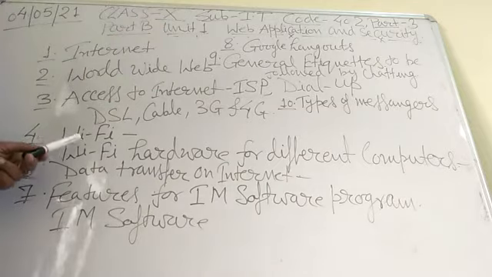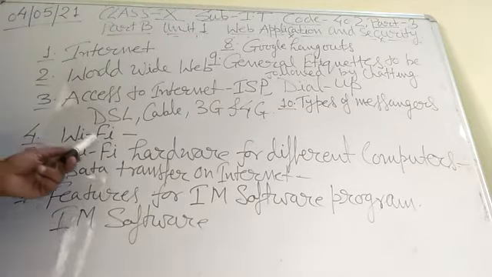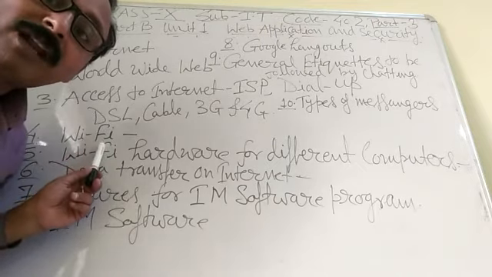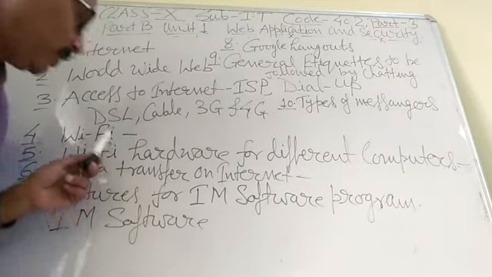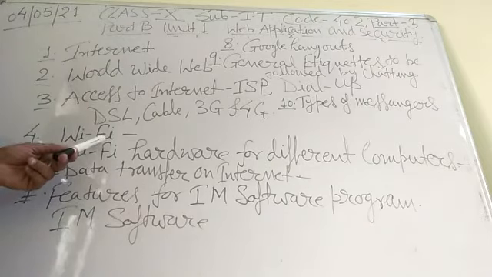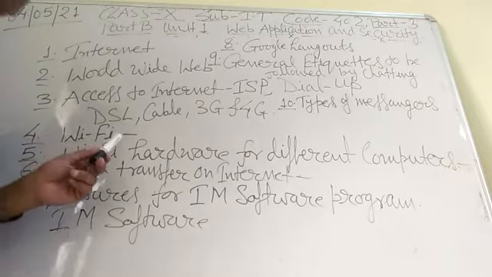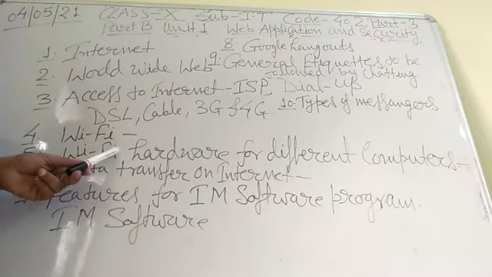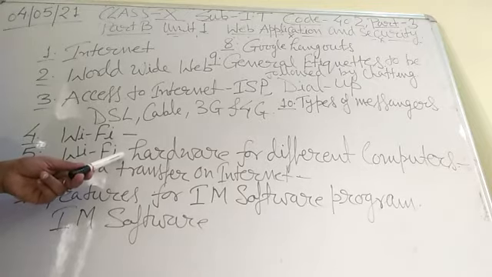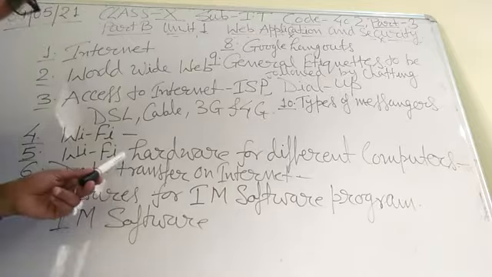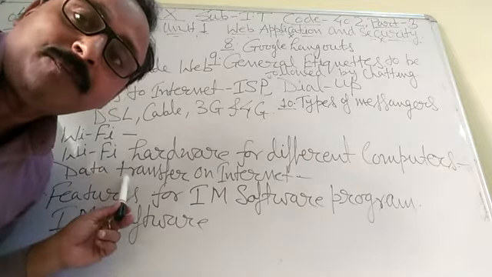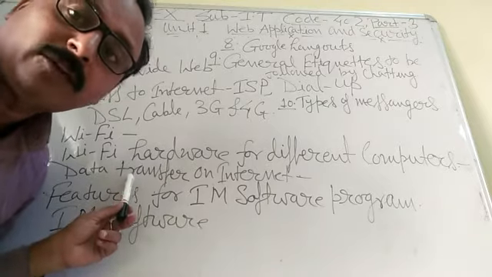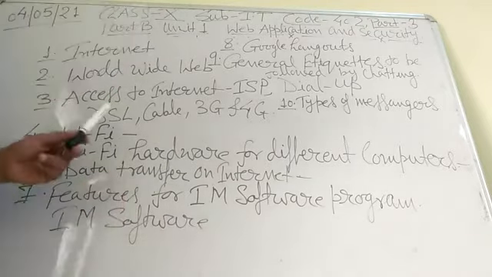Next I am going to discuss Wi-Fi. Wi-Fi stands for wireless fidelity. Student, without wires we can access the internet with Wi-Fi. Wi-Fi is another type of wireless network that we use every day and is mostly used in mobile internet. And here is WLAN. WLAN is the wireless local area network.